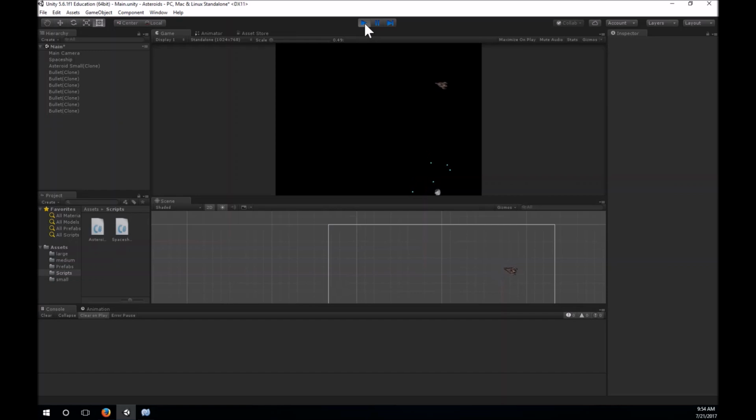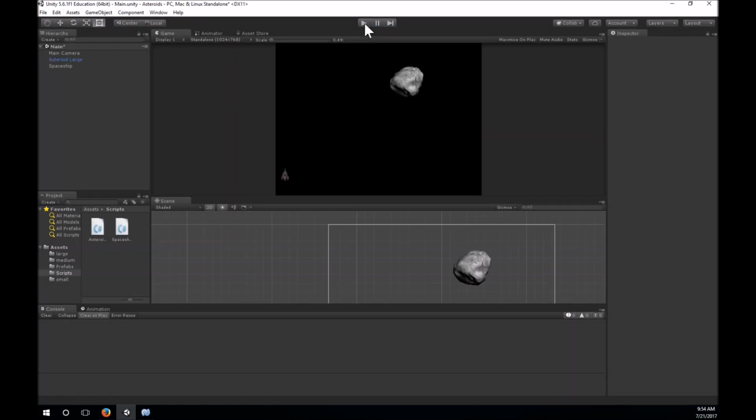And we probably won't catch him till he comes around the other side. There he is. And we killed him. Alright, so that takes the behavior of the asteroids and makes it so that we can bump them through their different sizes and get rid of them eventually. Okay, so that was actually quite a bit of work for just doing that. So I think we're going to end this video here, where we now have the ability to break those asteroids